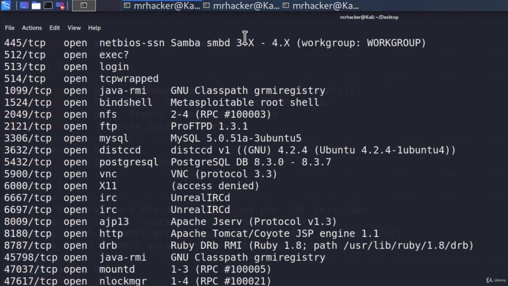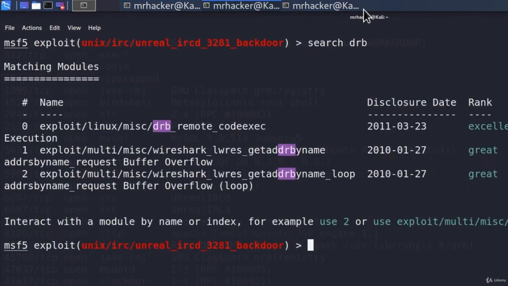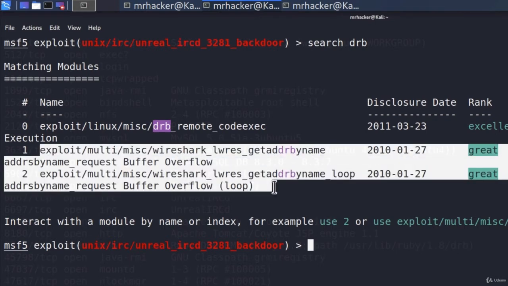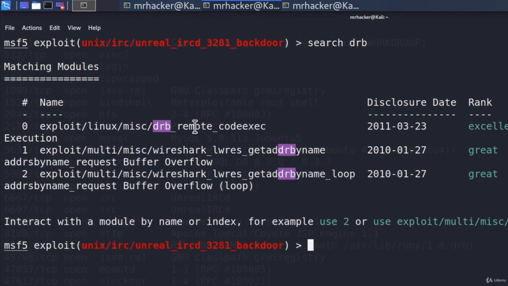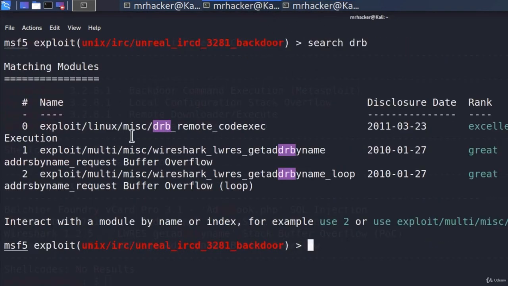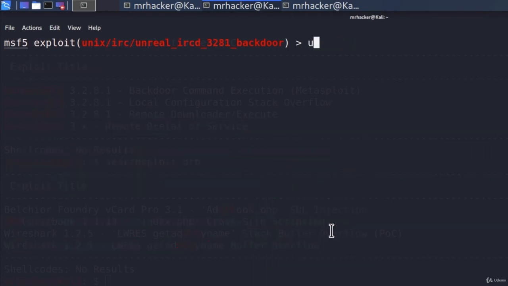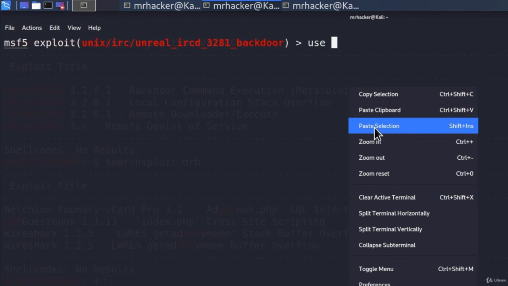So let's just double check. Let's just double check right here if we can find something regarding DRB, and we do manage to find it. So we got these 2 exploits, which are for the multi, and we got this DRB remote code execution. And it says distributed Ruby remote code execution. And if I go right here under the version, we can see that it is running Ruby. So let's just give it a try. You never know. If we copy this exploit, which says DRB remote code execution, and we use it right here,